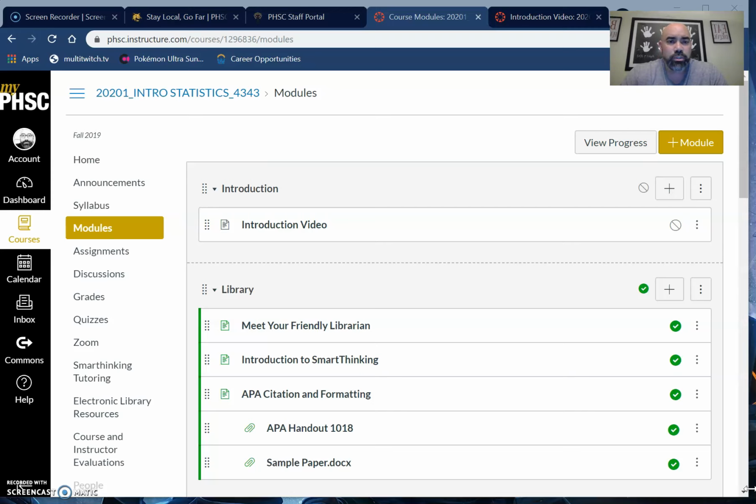Now, when you go into the course, you're going to notice that some of the modules are locked. And the reason being is because the course will be extremely difficult for you if you go ahead too much. So we're going to do it per dates, and I'll have the syllabus so you guys can see it also. And then hopefully with the videos that I'll be posting maybe once a week to sort of guide you as you go through the course, at the end, when it's all said and done, you'll be successful in this class.